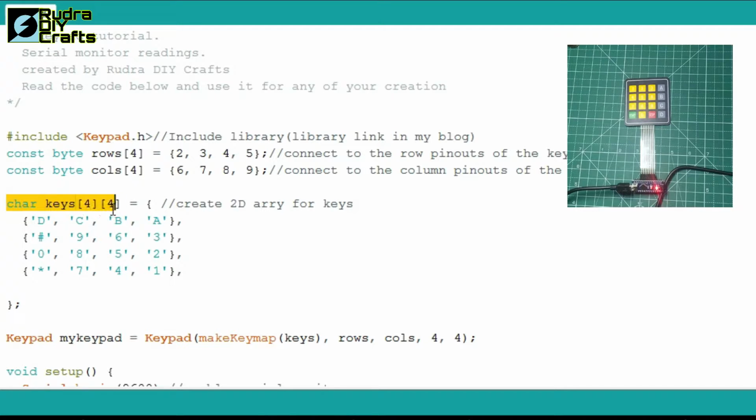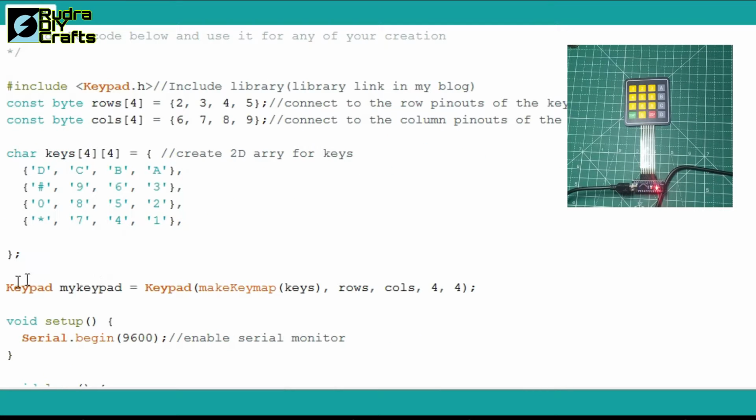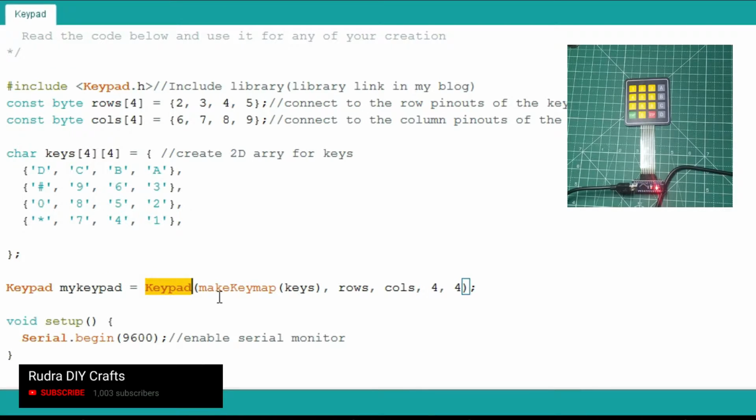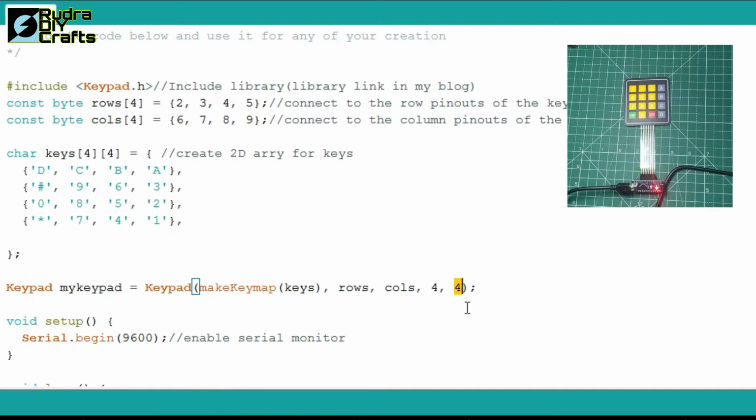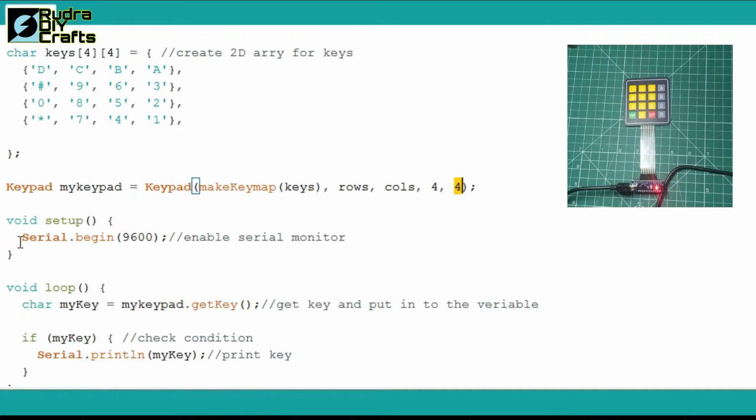So after that, we have created a 2D array, that is this is the form of the array where we have placed this 1, 2, 3, 4 and all these switches or the keys here, and then we have added a keypad and we named it as my keypad. Then here we have declared my keypad, and it will take the keys from here, the array we created, and this is the rows and columns. So these are 4 because we have 4 rows and 4 columns.